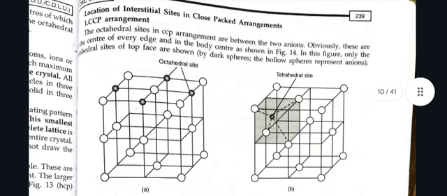Location of interstitial sites in closed packed arrangements. In CCP arrangement, the octahedral sites are between the